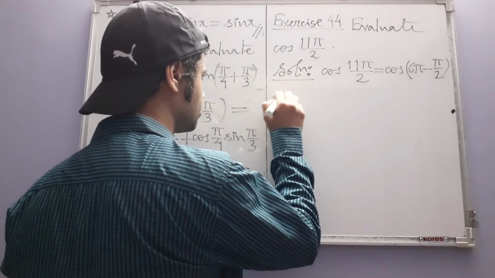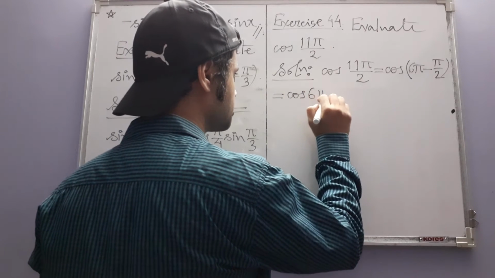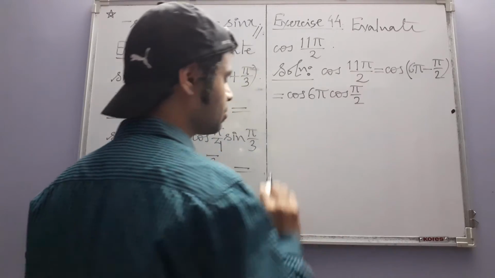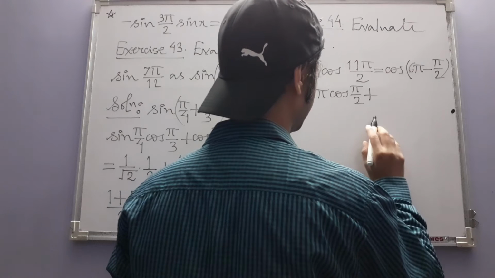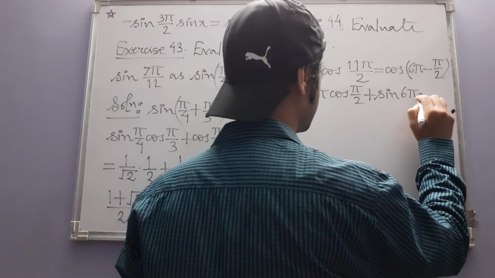Again, your cos A minus B formula. So that is cos 6 pi cos pi over 2 plus, because we have minus, here we would have plus, sin 6 pi